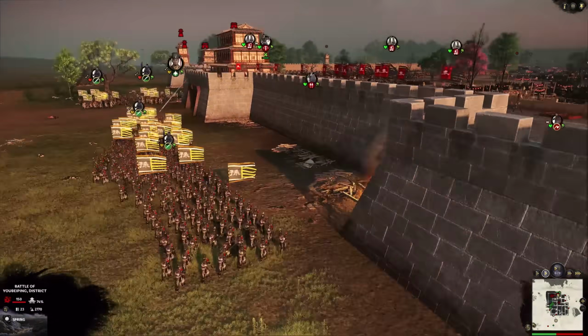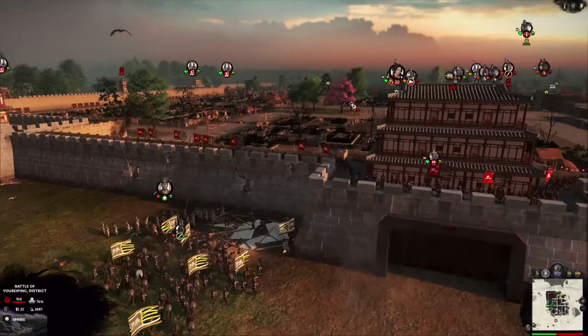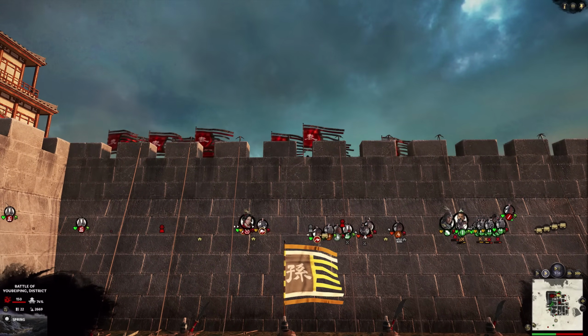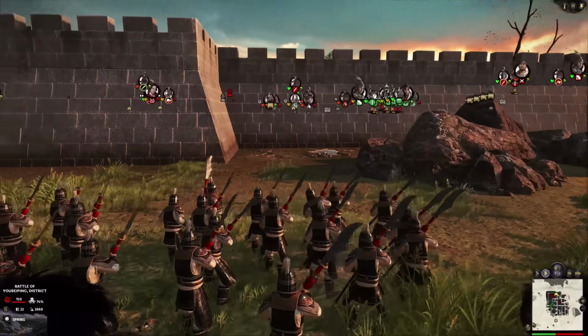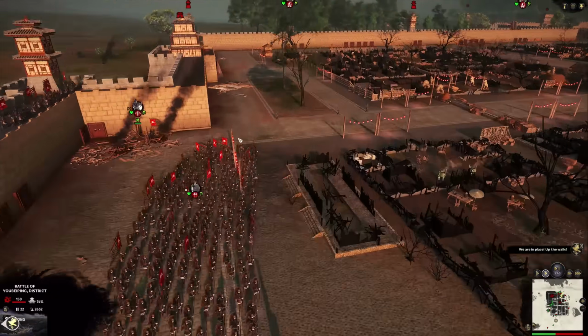My grappling hooks, I think, are going up any second now. You can see some grappling hooks going up right now, and I'll be climbing the walls any second to try and catch his crossbows off guard. Yeah, right here as well. More grappling hooks going up, and my men will be climbing the defenses. So I can use this to quickly make my way down here and try to assault his positions, break my